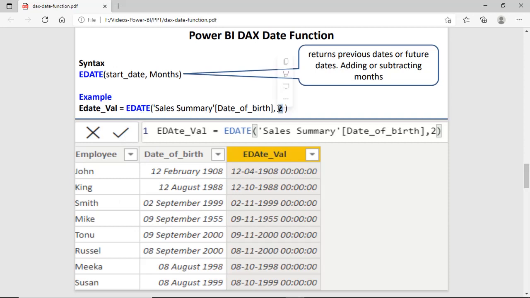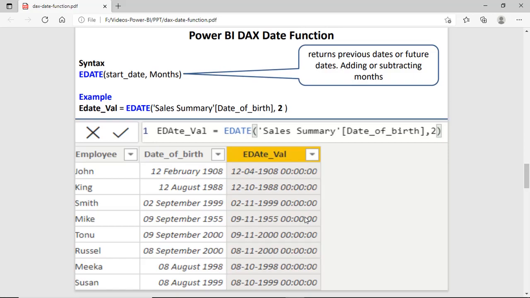So 2 is positive. It means we are adding 2 months to the date of birth. First row February, after adding the 2 months it's April. August, then it's October. September, then it's November. So in this column we are adding the 2 months.